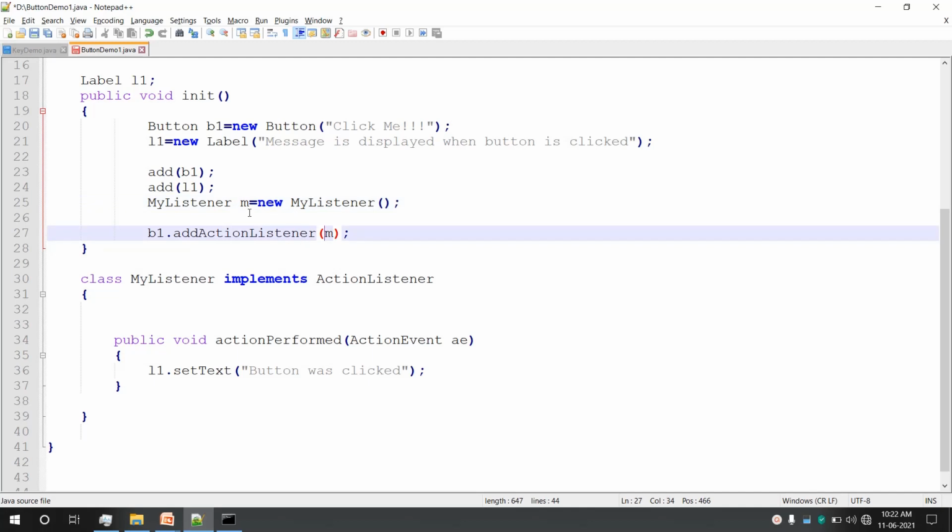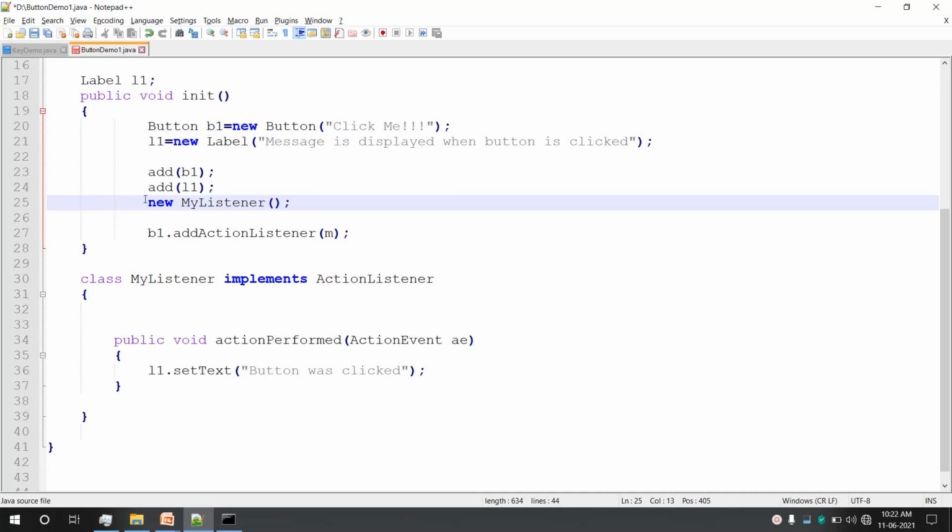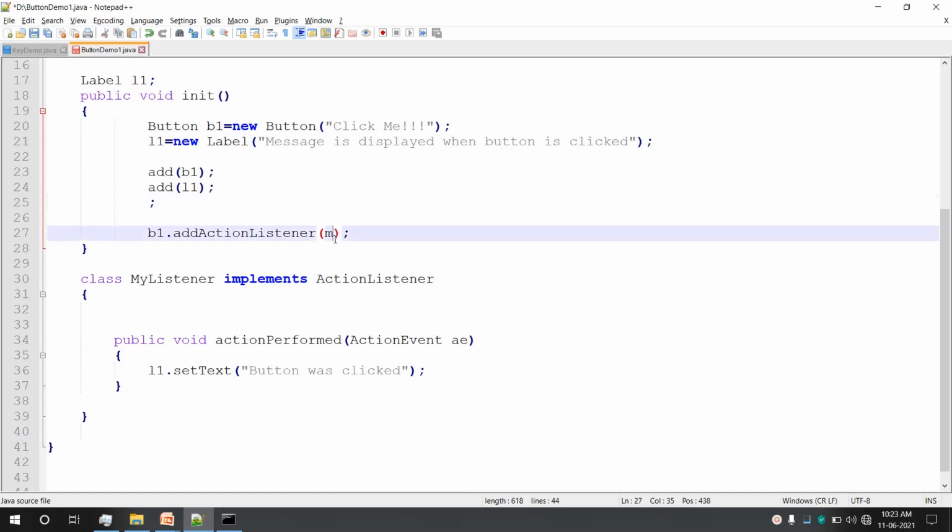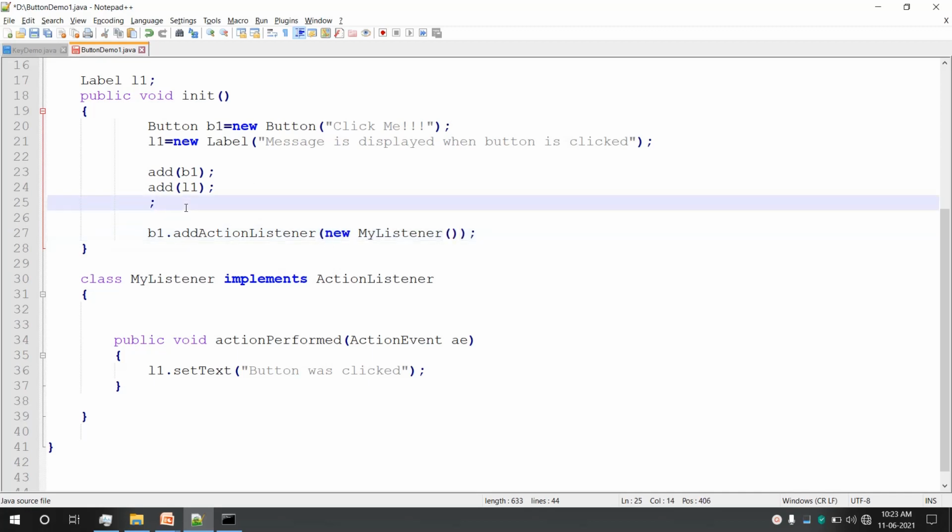If you look at the code, m is only used once. Whenever you use an object name only once, in such cases instead of declaring an object separately, you can create an object directly inside the function call itself, or inside the argument list itself. So here itself I can have an object.